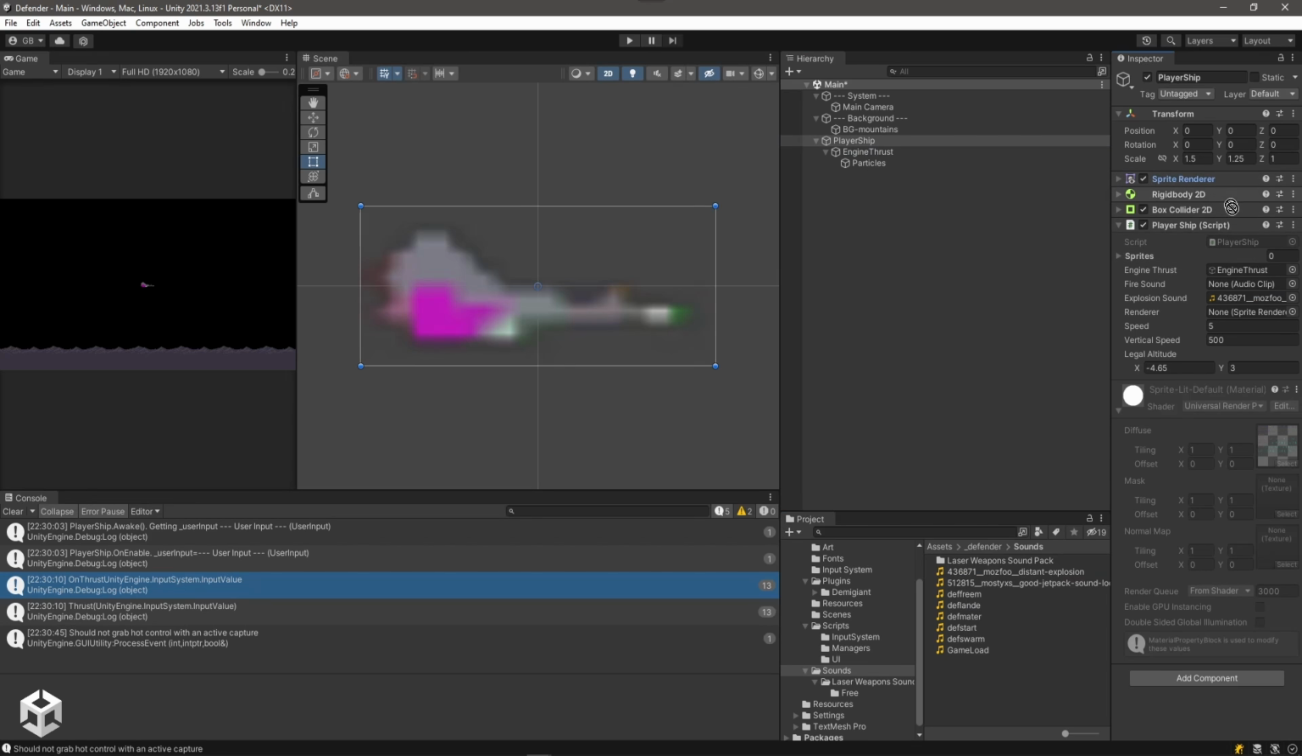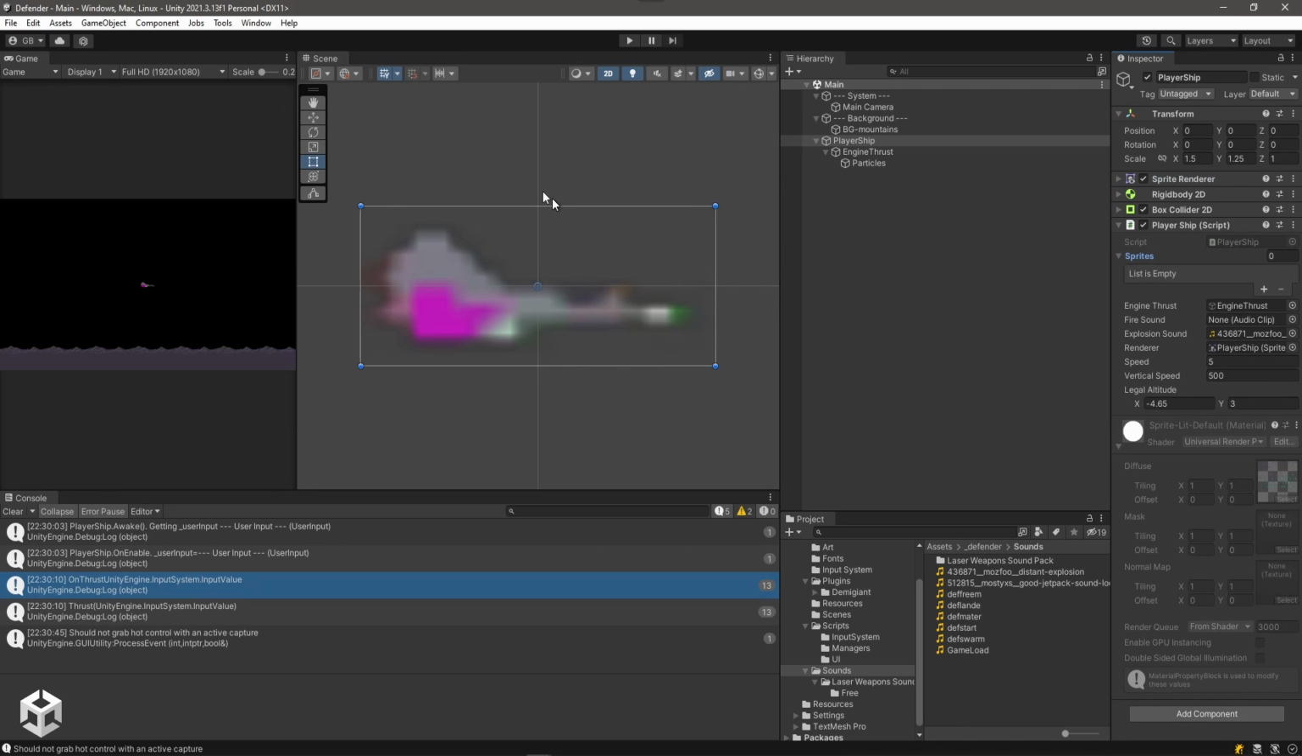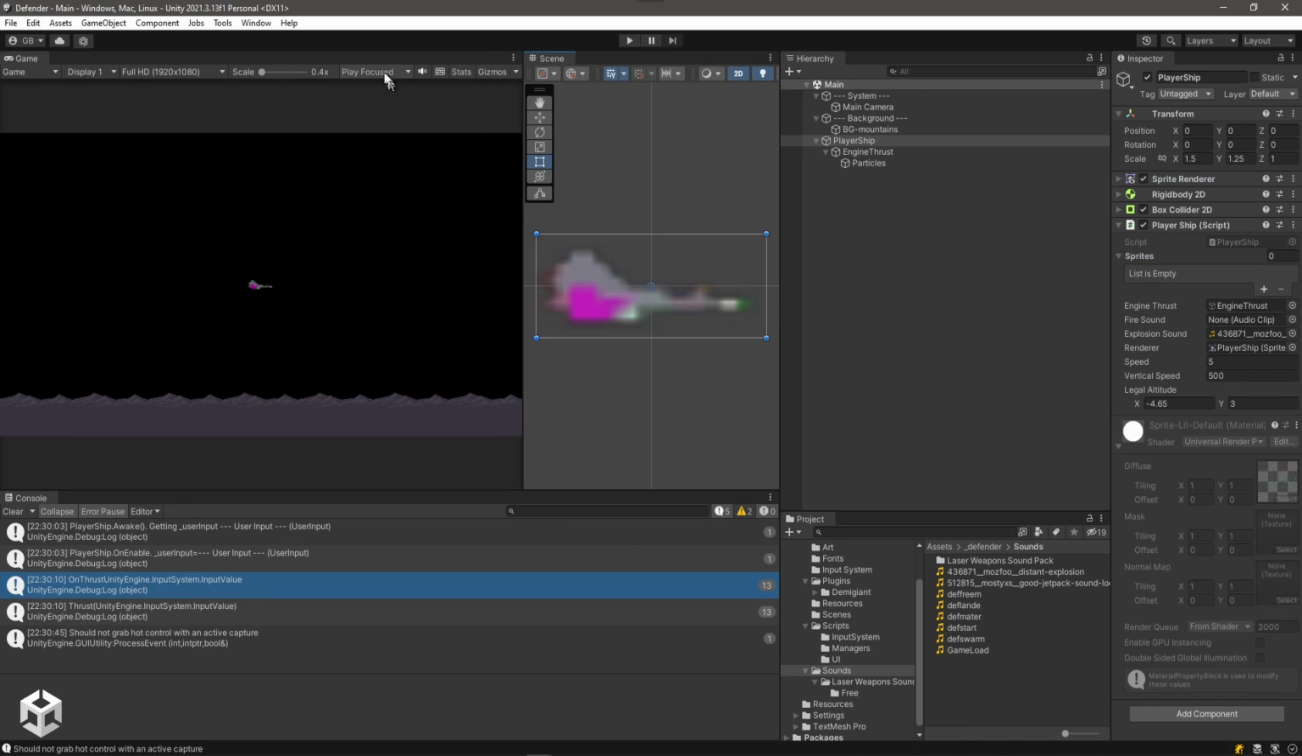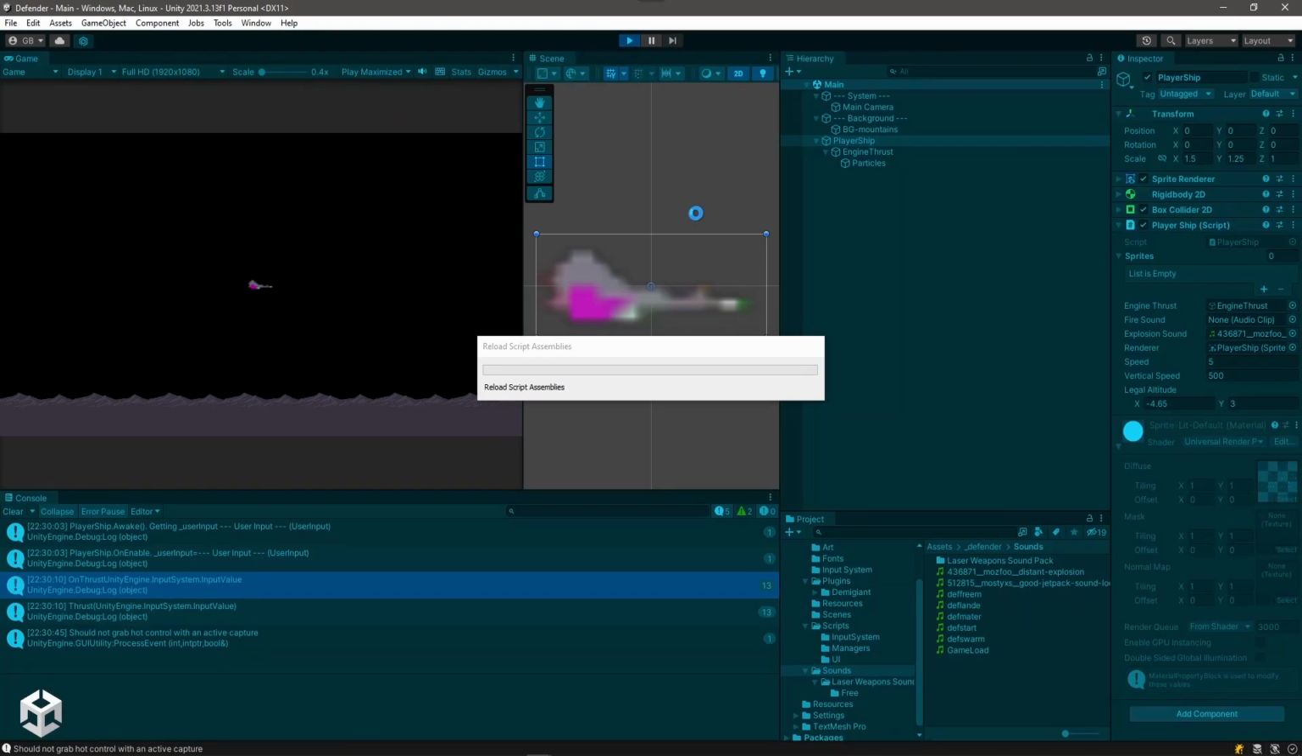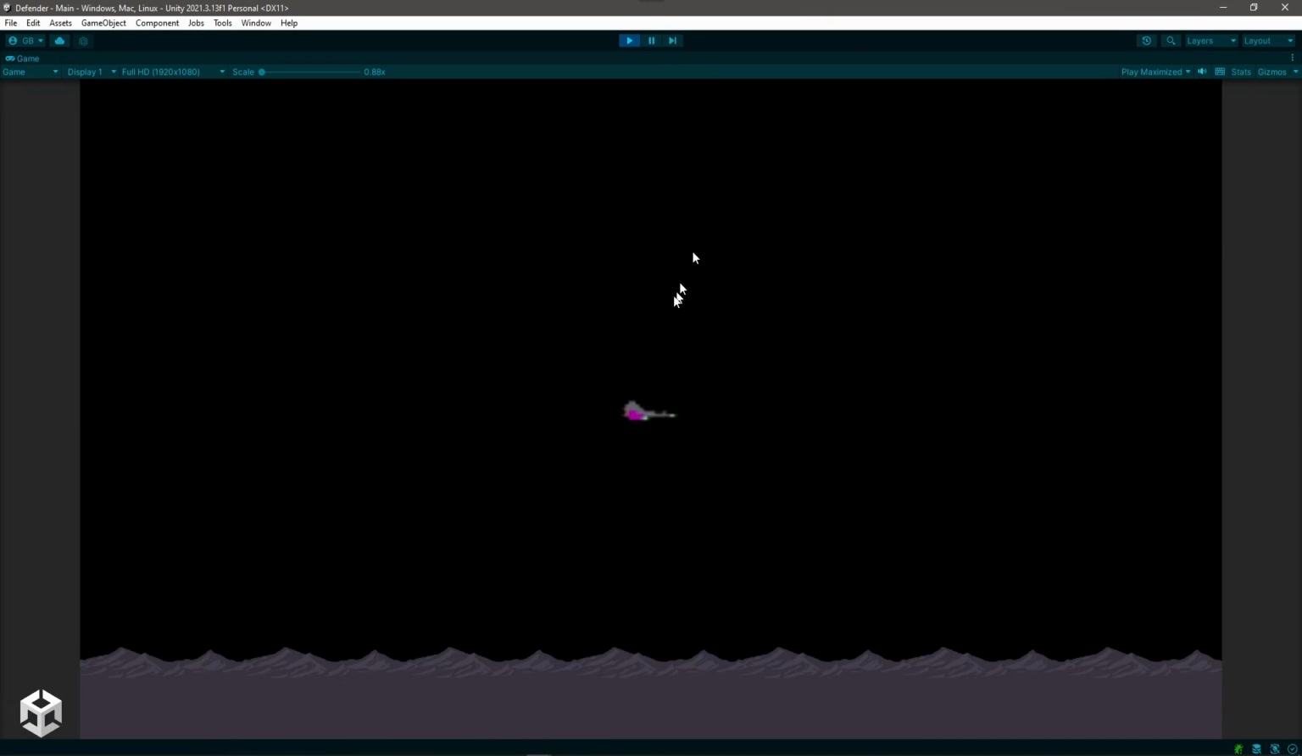Our renderer will just be our sprite renderer. These default values look fine. We just need a fire sound, which we will assign when we actually start shooting weapons. We'll save that for later. Let's turn this to play maximized and hit play. So there's our ship. If I hit thrust,